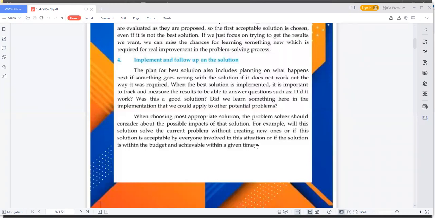ठीक है, तो what I was saying that it is within the budget and achievable within a given time. ये बहुत important points हैं कि किसी भी organization के लिए उसका budget और उसका time, ठीक है, टाइम वेस्ट होना, टाइम ज्यादा लगना रिक्वायर्ड टाइम से, उनका एक ड्रॉबैक है। फिर उनका एक पर्टिकुलर बजट होता है जिसके अंदर ही उन्होंने काम करना होता है। व्हाट द बजट इज, जो प्रोग्रामर को पे किया जाएगा या उसके लिए कुछ डिवाइसेस परचेज की जाएंगी।